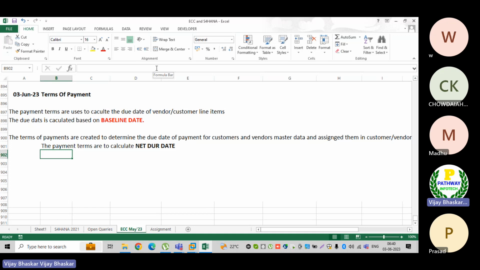Next we'll see that one. Identify the payment due date. I have already mentioned it in the first line. Payment due date. Then calculation of cash discounts, and the purpose of this one is the calculation of cash discounts.